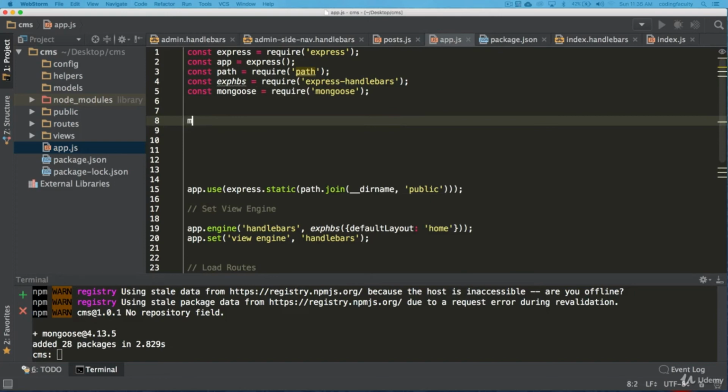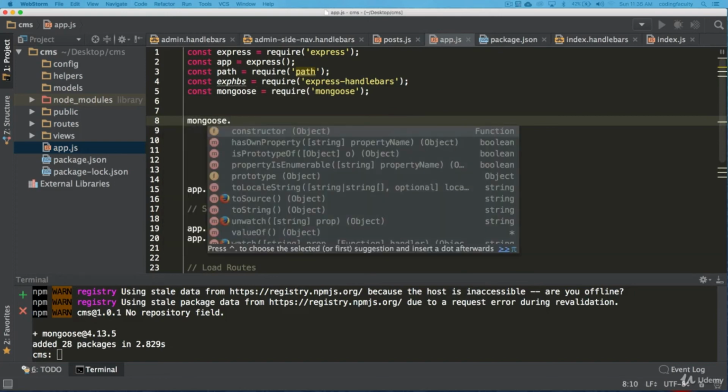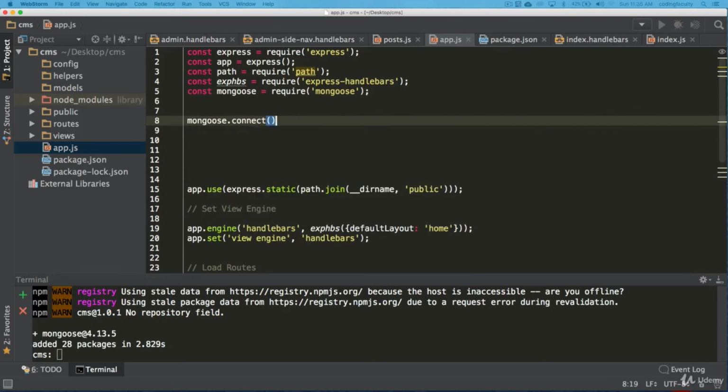Now let's start creating stuff with it. So we want to connect. And remember that the protocol for MongoDB is not the same as the other databases. We have a different protocol. It's called MongoDB, instead of HTTP, it's mongodb:// localhost.